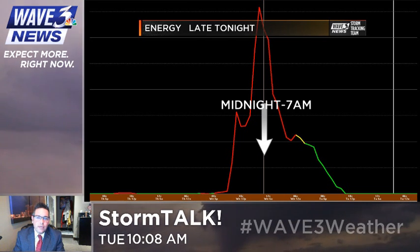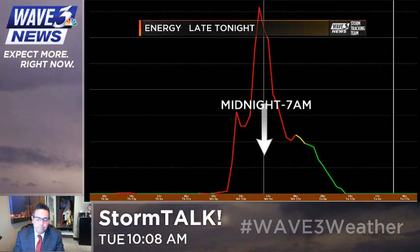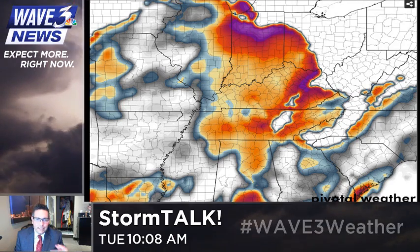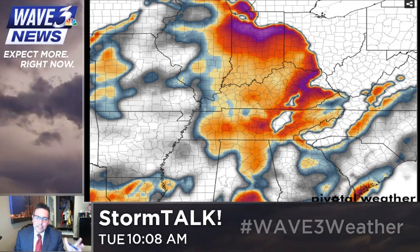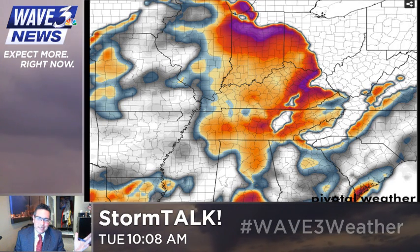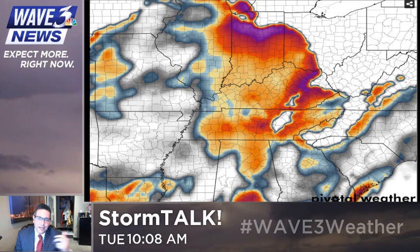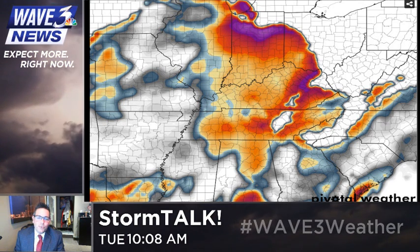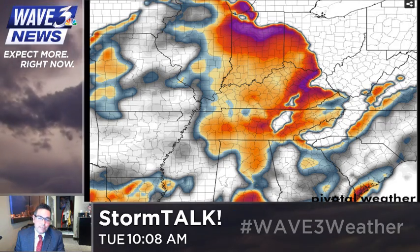All right. The question would then just be the strength of the cap and timing. So let's look at some of the models. Here's the NAM high res, and keep in mind the NAM has a tendency sometimes to exaggerate some of the parameters a bit, but when you look at high res models, it's pretty much all we got. The HRRR model is a little bit more dramatic, so I'm not even going to show it really when it comes to some of these parameters. But the GFS has got a poor grid this close in time. So really the NAM high res is one of your better options along with the SREF